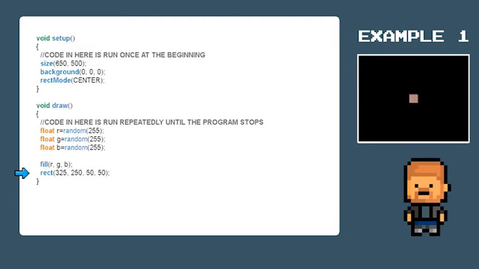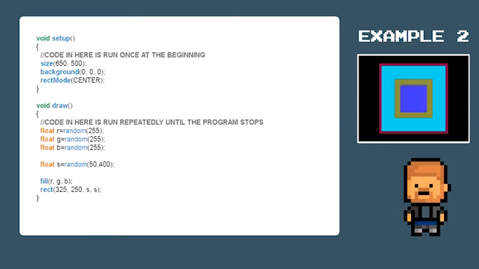Rect is actually short for rectangle, so rect 325 250 50 50 means to draw a rectangle at those first two coordinates. The 50s at the end are actually the width and the height of the rectangle to be drawn. Once we run the program, we'll see it will repeatedly draw a rectangle on top of the old rectangle, but in a different color, giving the illusion of a flashing rectangle.